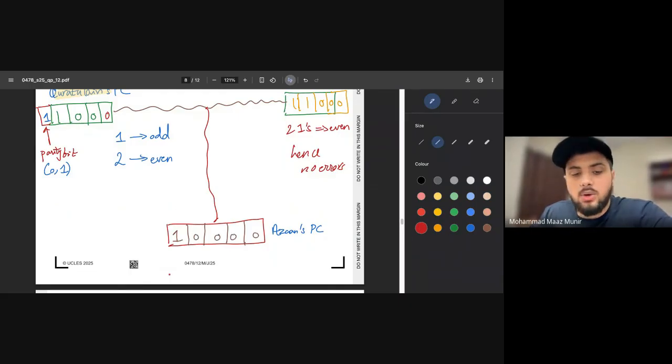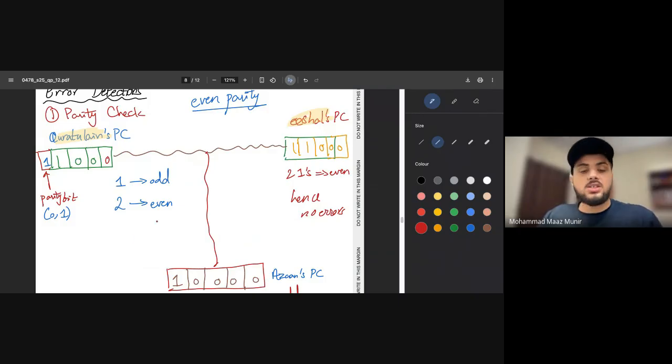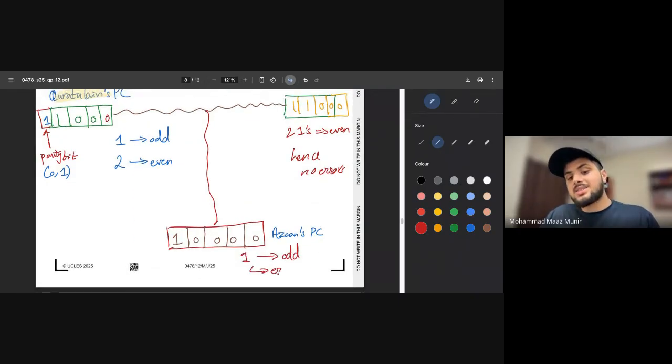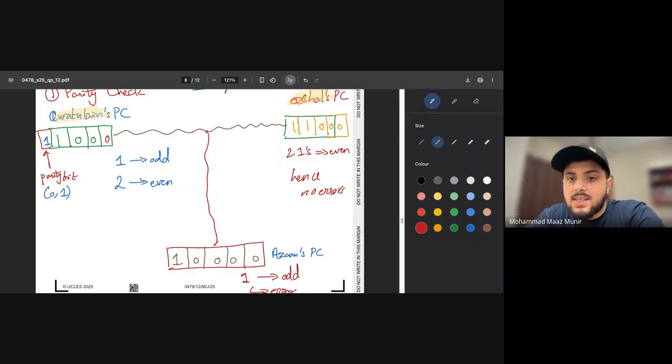So now what Azan is going to do is he will be counting the number of ones and he's going to see कि यार I have single one which is basically odd in nature, but eventually the file which was transmitted वो तो even parity की थी। So even is not equal to the odd which Azan gets, which basically proves that there is some sort of an error। And this is a very quick and basic overview of what even and odd parity and what those basic parity checks all operate upon। और आपने ये तरीका यूज करना होगा to indicate कि कोई error है या नहीं।